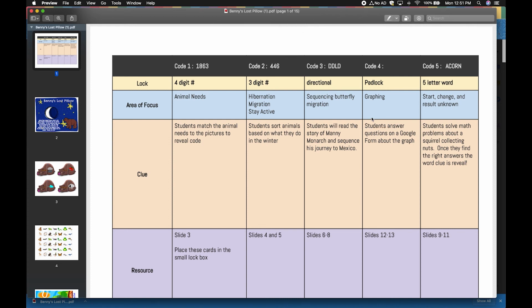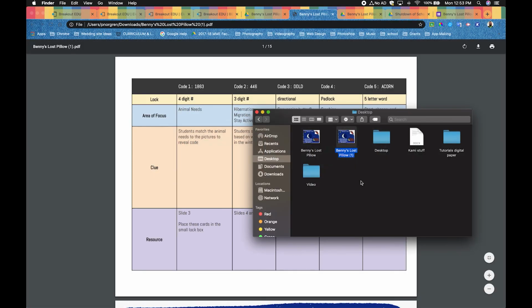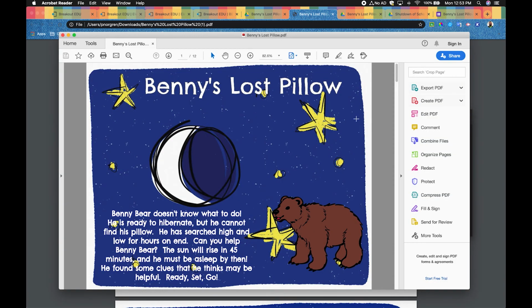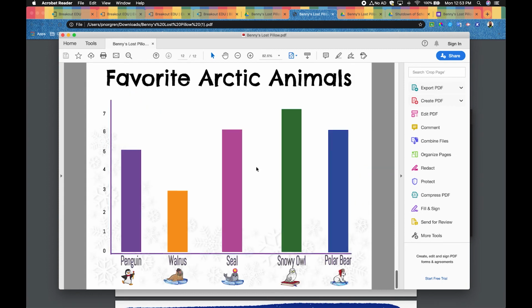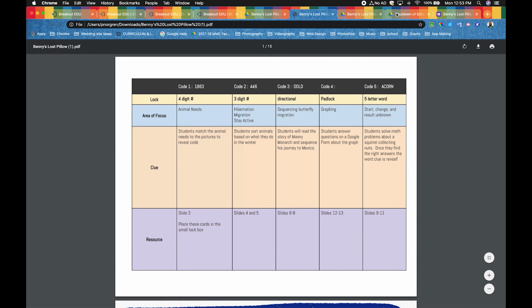Okay. So now I just go over here to my desktop and here is Benny's lost pillow. And now you will see when you open it, it doesn't have any of those teacher resources in there. Let's scroll all the way down to the bottom, and it cuts off that front and end piece that you don't want the students to see. So we're going to add this to our drive